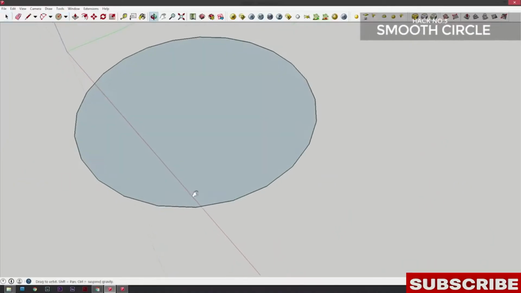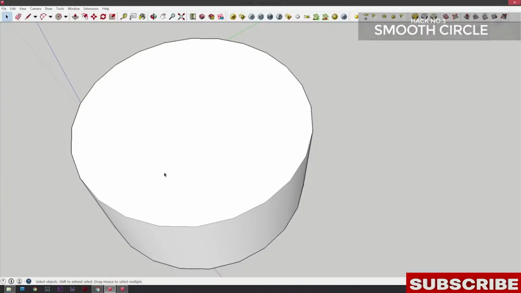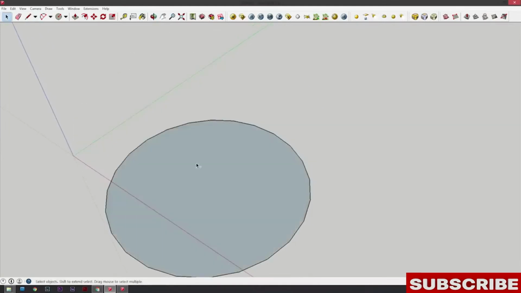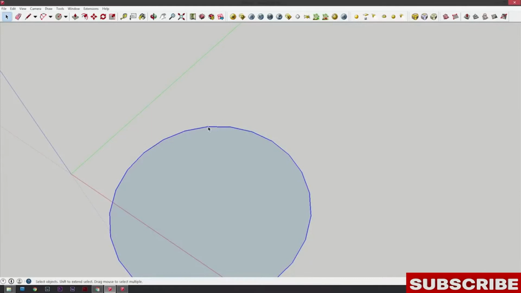Okay guys, so the third hack is what I call the smooth circle hack. So you know when making a circle and you can see those jaggedy edges, this is not really a circle because it has many sides, and when you render this it's going to look like some sort of weird 3D model thing. So in order to avoid this, what I do is I just click the circle and then right click it